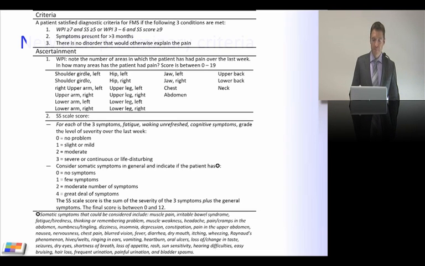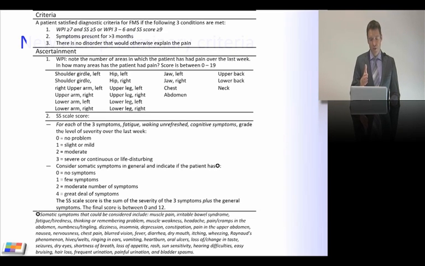The WPI essentially means the number of areas that the patient has had that are painful within the last week. So it loosely correlates to the clinical tender points that are found on examination. So you've got them there: jaw pain, chest pain, shoulder pain, leg pain, etc., and they then score between 0 and 19.